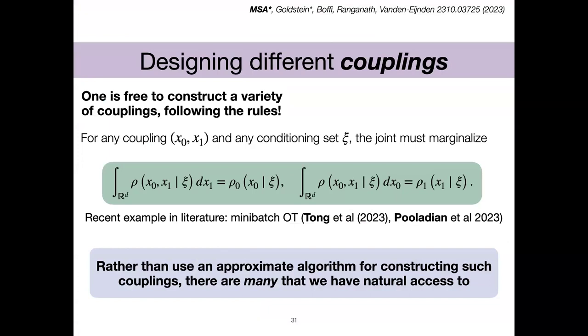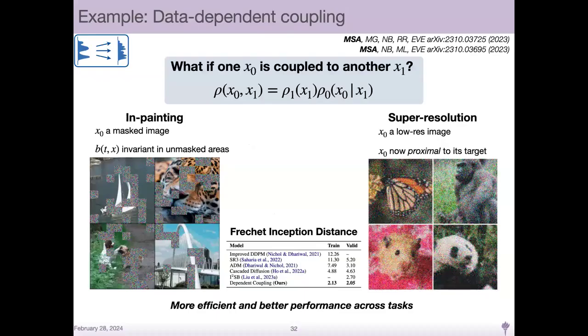But the thing we're also trying to stress is that we're allowed to couple the x0 and the x1 in different ways now, compared to diffusion, where you choose them independently. So if I'm drawing x0 and I'm drawing an x1 from some joint density, rho of x0, x1, okay? You could do this independently. This could factor into a product distribution. That's what they do in diffusion. But you may know something intrinsically interesting about the two densities you want to connect. Okay, so is there a way for us to construct maps in this case? Let me give an example of what I mean.